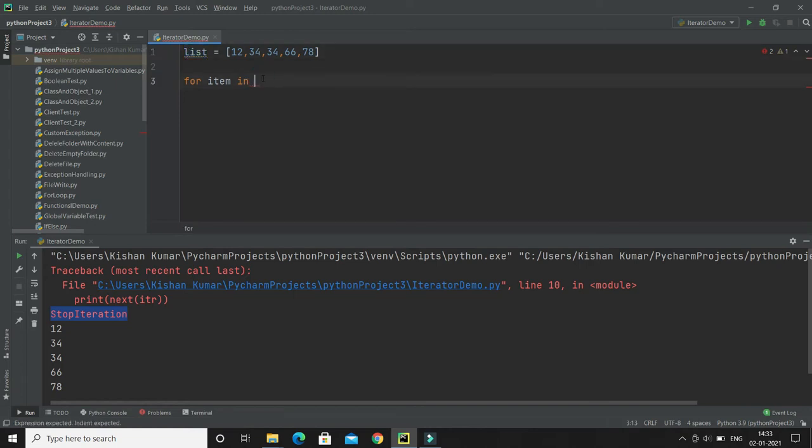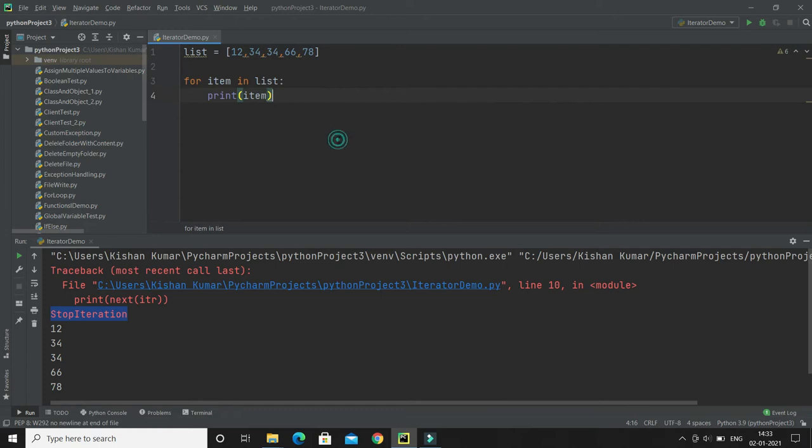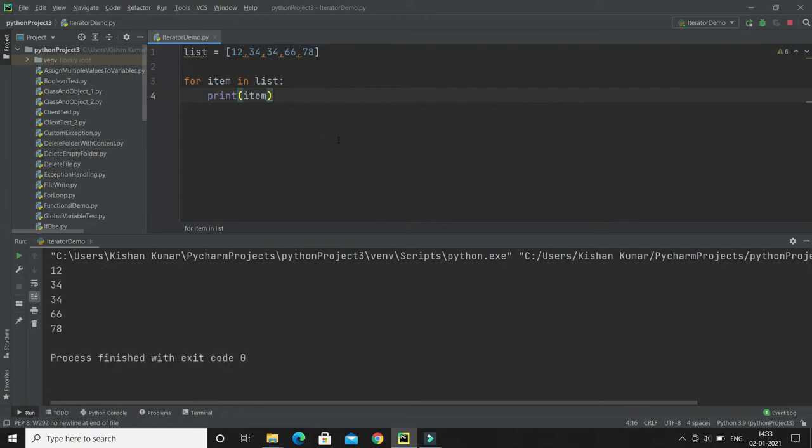So I'm passing this iterable object and a colon, and inside this I'm going to print the item. Now if I run this application, you can see all those values have been iterated, and we get all the values present in this iterable object.